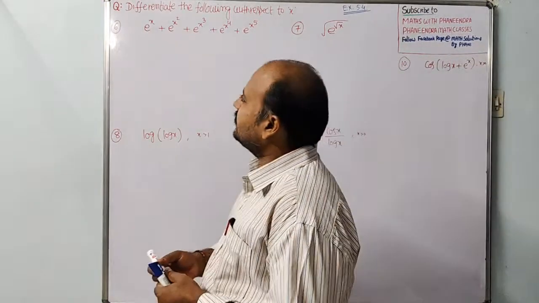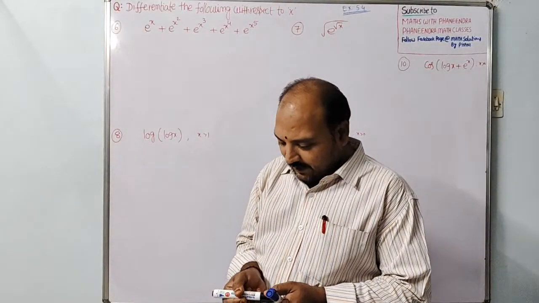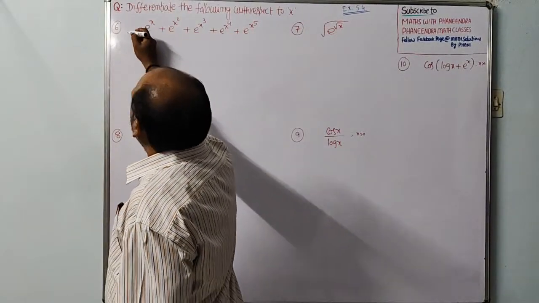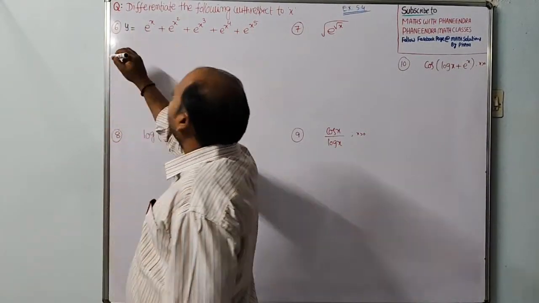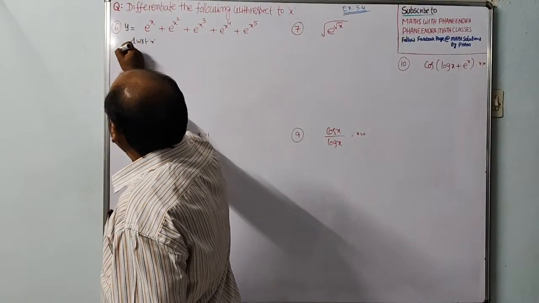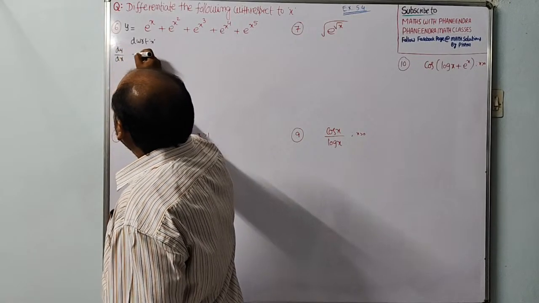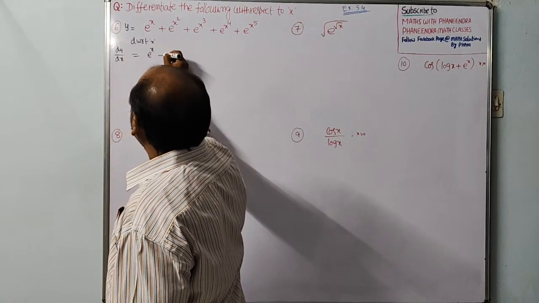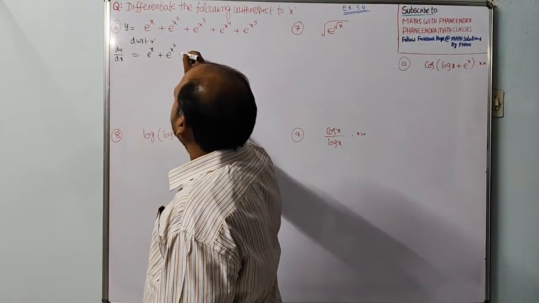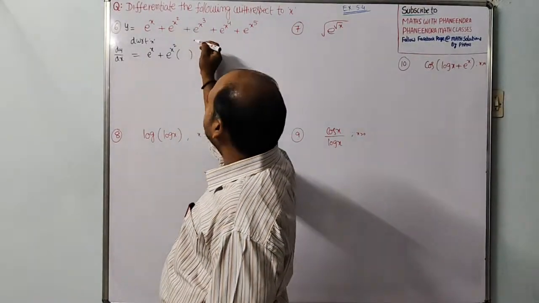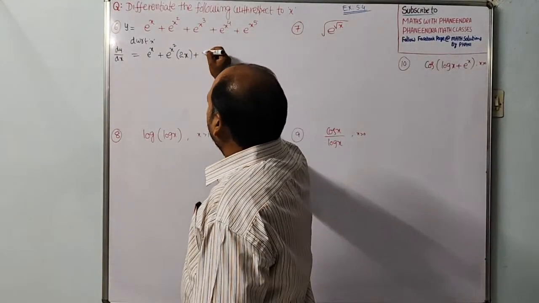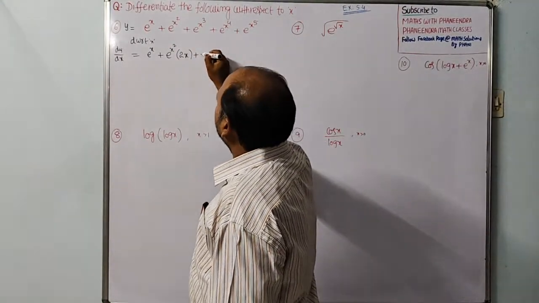Yeah, here the questions: differentiate with respect to x for the following. That given function I am taking as y, differentiate with respect to x. So y derivative is dy by dx. D by dx of e power x is e power x. Here d by dx of e power x square is e power x square. Again d by dx of x square you have to do, that is 2x, plus d by dx of e power x cube is